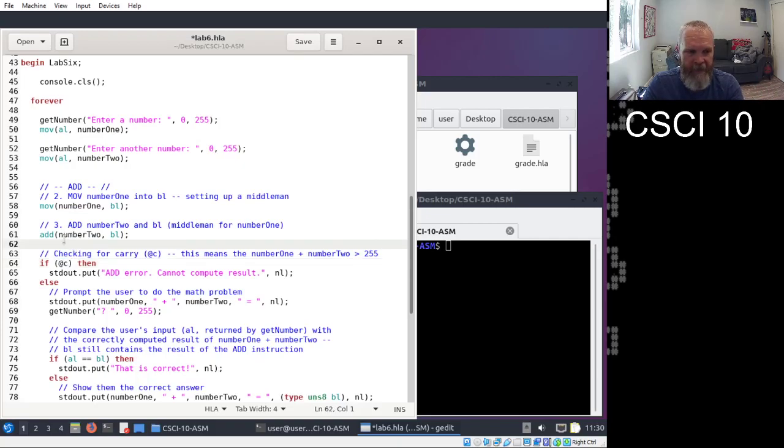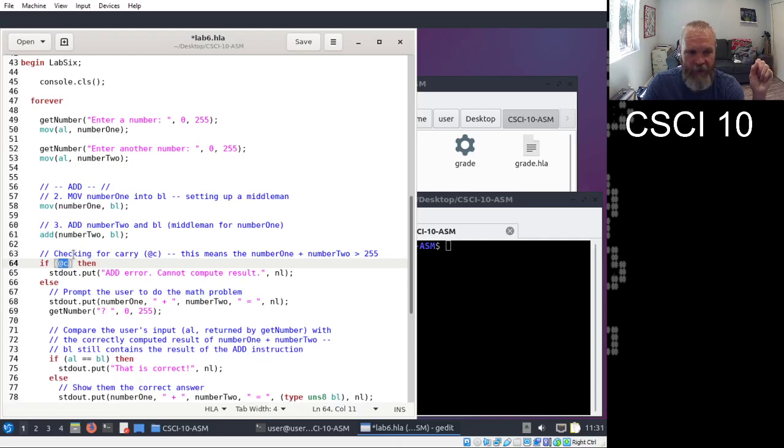how to explain this. When we do this add, it's going to actually do the addition on the values, and if there is a carried over piece of value, it's actually going to flick on a bit in the EFlags register. And so what we're doing with @C is we're actually going in immediately after this add to see if the add instruction flicked on that carry bit.